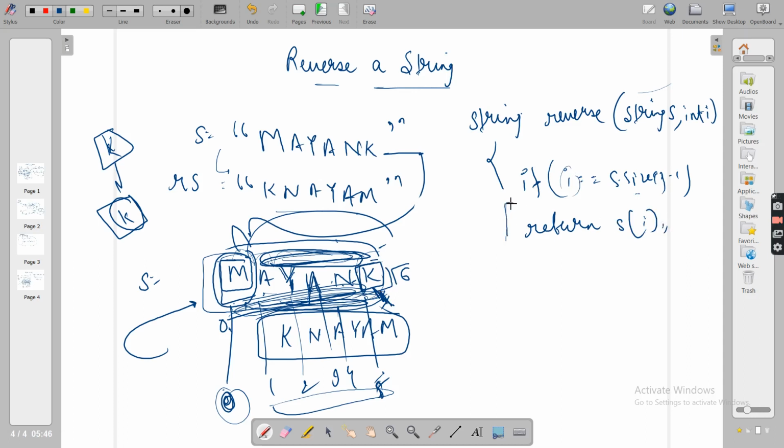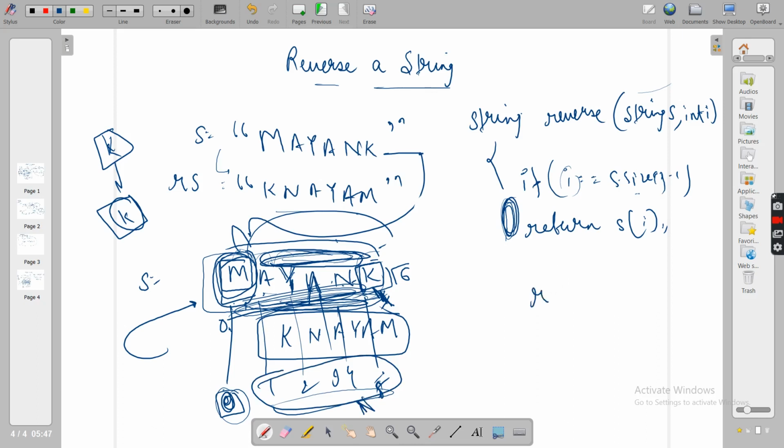Let's build on this base, and I'll come back to another base. How to write another base condition? But let's go with this. Now your base condition is handled. It is done. It is written properly. Now let's see the induction and hypothesis step. You saw that the hypothetical step was that while at I equals 0, you will call for I plus 1, this entire string, and you will say that give me the reverse of this. So this is what you will do.